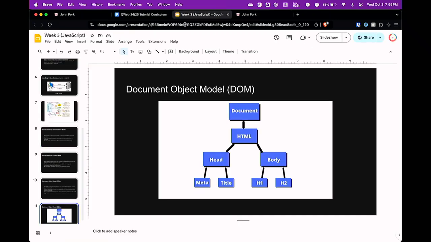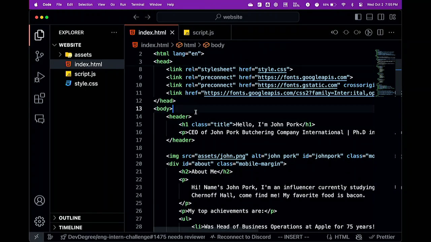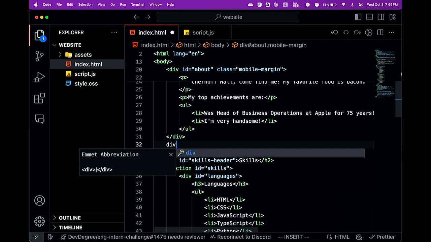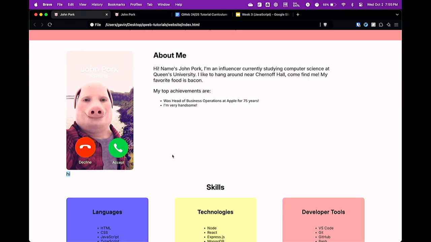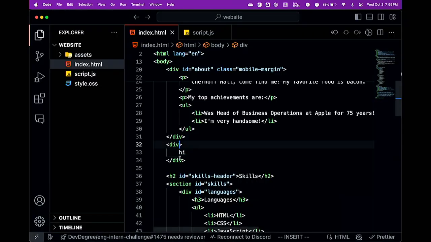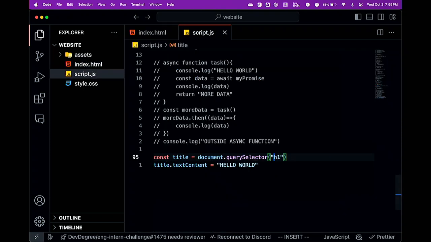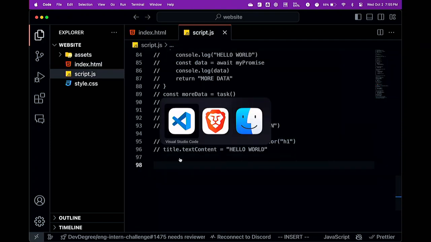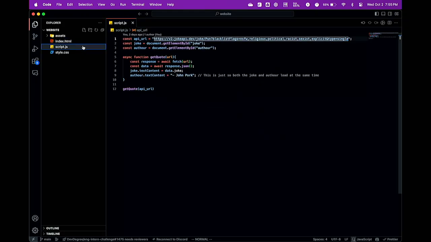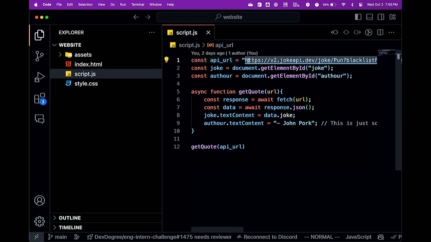So if I go back here, let's say I don't want to do the styling, but just let's say I want to do this div, right? So let's say I want it here. So this div is going to be joke. It's going to store the joke. And then in the script, I'm going to call the API. So this is the source code of the actual website. If I zoom in here, this is the API link. If I copy this link,